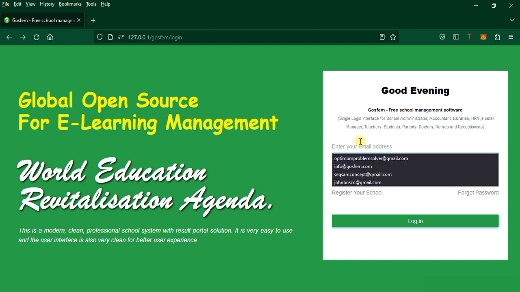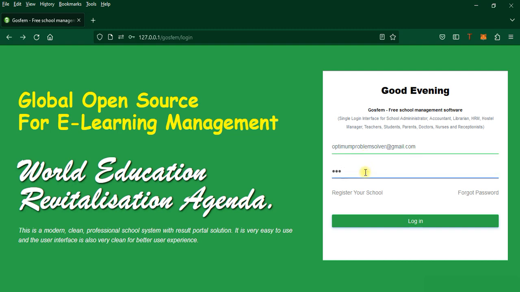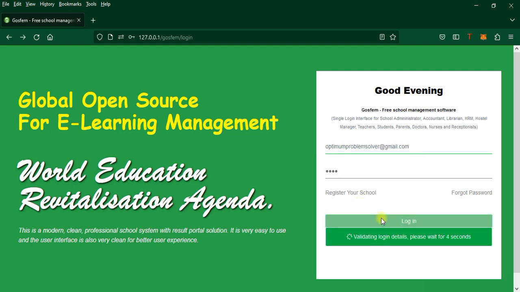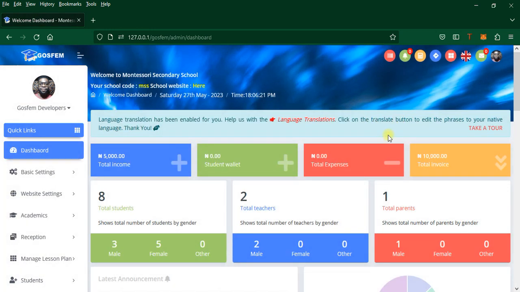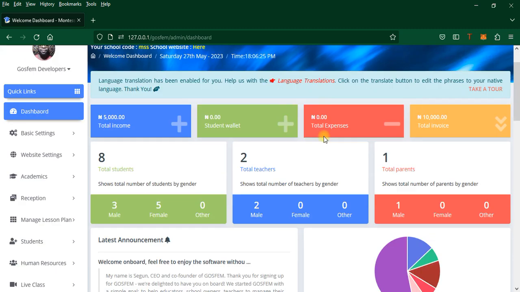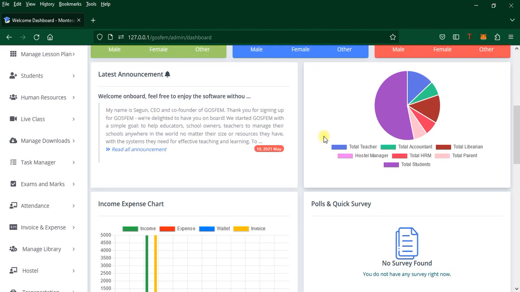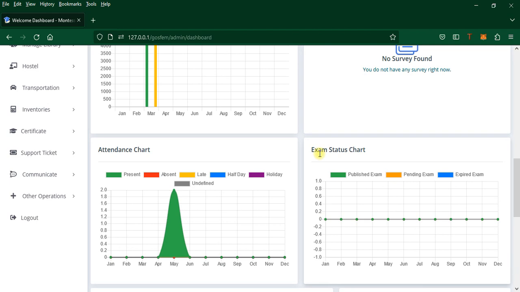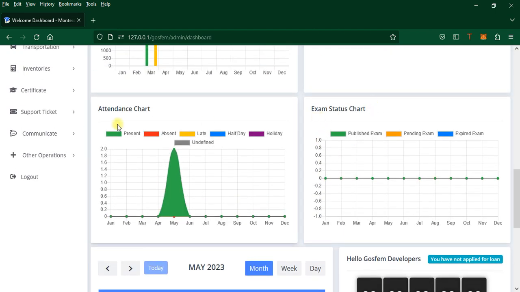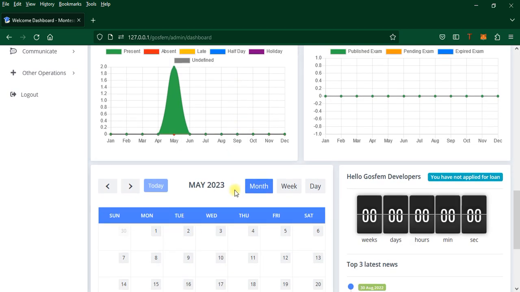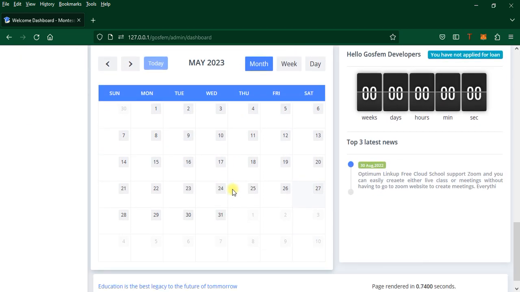So let's begin. I have registered my school on Gosfem, so I'm going to log in with my admin password and admin email address. Now when you log into your school portal, this is how it is going to look. We have the exam status chart, the attendance chart, the event calendar,